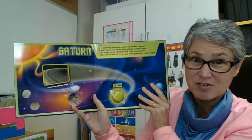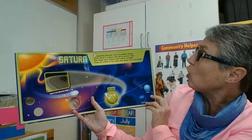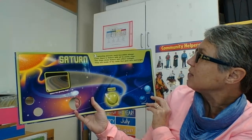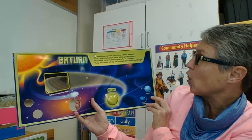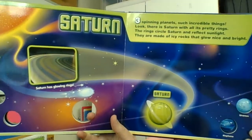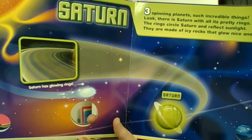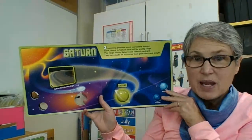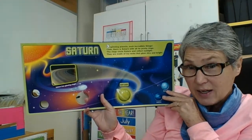3. Saturn. 3 spinning planets. Such incredible things. Look, there is Saturn with all its pretty rings. The rings circle Saturn and reflect sunlight. They are made of icy rocks that glow nice and bright. So now we know Saturn's rings are made of icy rocks. Saturn has glowing rings is the title of that picture, or the caption for that picture. So we went 8, 7, 6, 5, 4, 3,